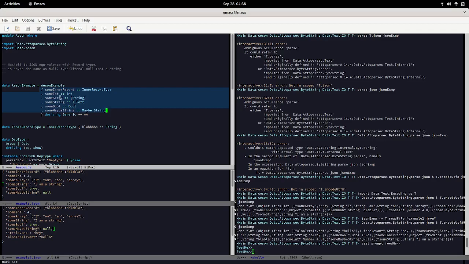But as you can see with my record type here, I have one field which has its own little inner record type, which is really simple. It just has one field named blah with a string. And if you guys are not familiar with Haskell record types,